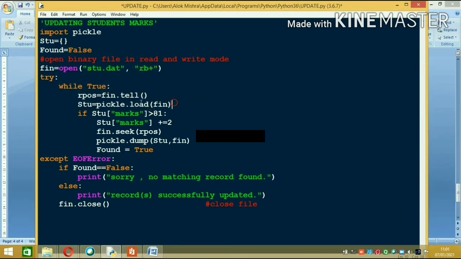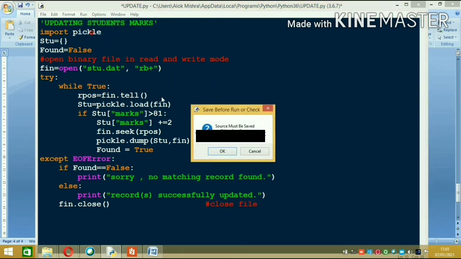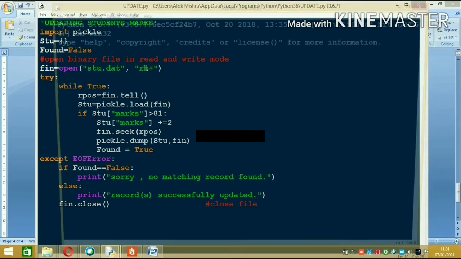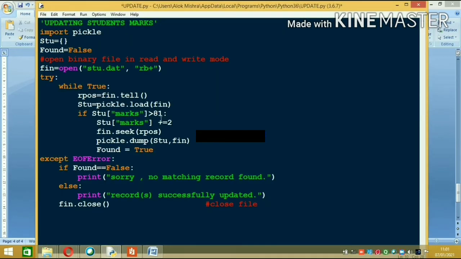Now we have the next data. We have to search the data first. Then we put the pointer, and with the help of tell it will tell you the location, and then we will search the data. Then we will write the new record. With the help of the seek pointer we are going to store the data: dump will help you to store the data, but seek will help you to set the pointer.